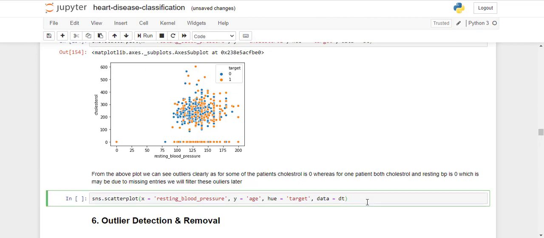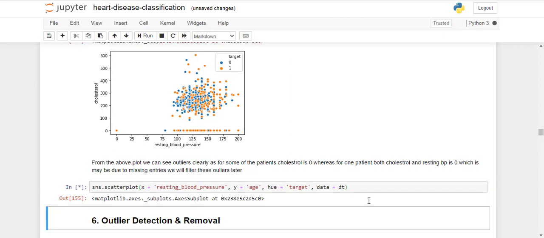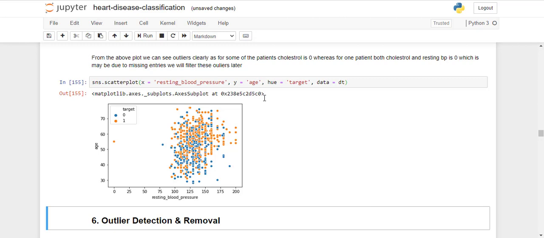Next, we will be seeing another plot, which is resting BP and age. If you observe, this is the patch where only heart patients are there, and this is more than 50 years and resting BP more than 175. Okay, if you are more than 50 years of age and resting BP more than 175, then you are most likely to have a heart attack. Apart from that, all are interlinked, intermingled and overlapped. You cannot clearly identify which one has heart attack or which one has not. But apart from that, this is the patch which you can observe.